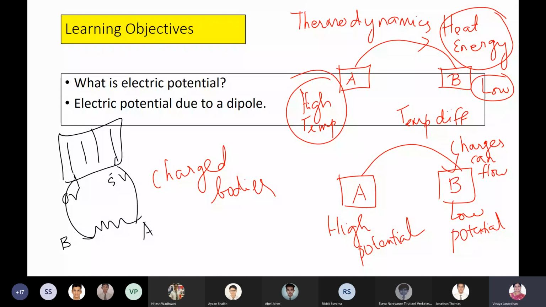See the symbol of resistor, it looks like a speed breaker. Because one end is at higher speed, the other end is at low speed. That's what it means, right? So the condition for the charges to flow, is that clear, boys, from one body to the other body: one body should be at a higher potential, the other body should be at relatively lower potential. There should always be a potential difference. So now we'll study what is meant by electric potential.